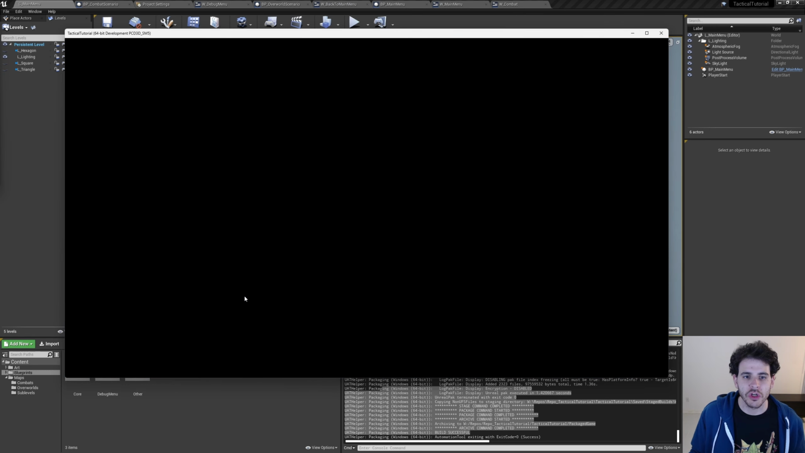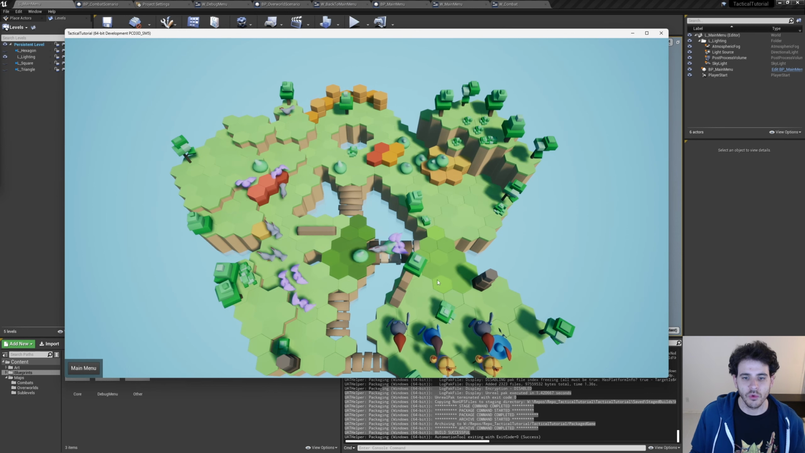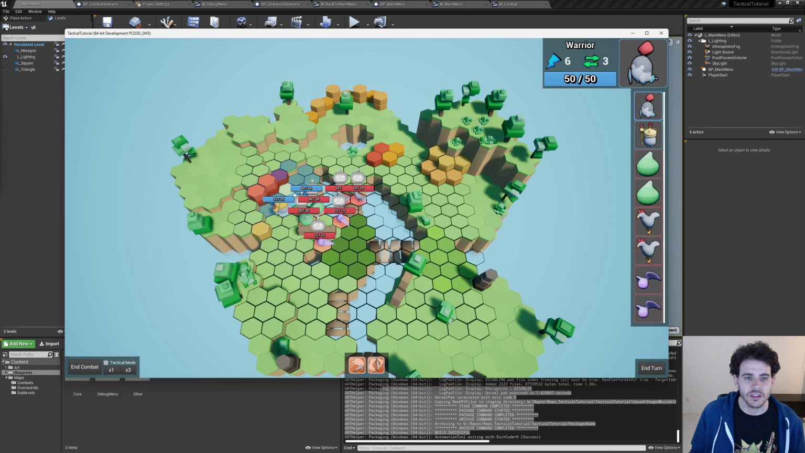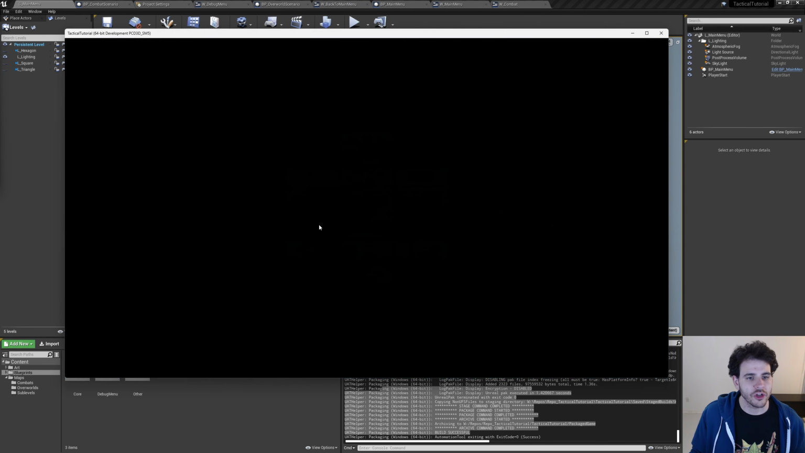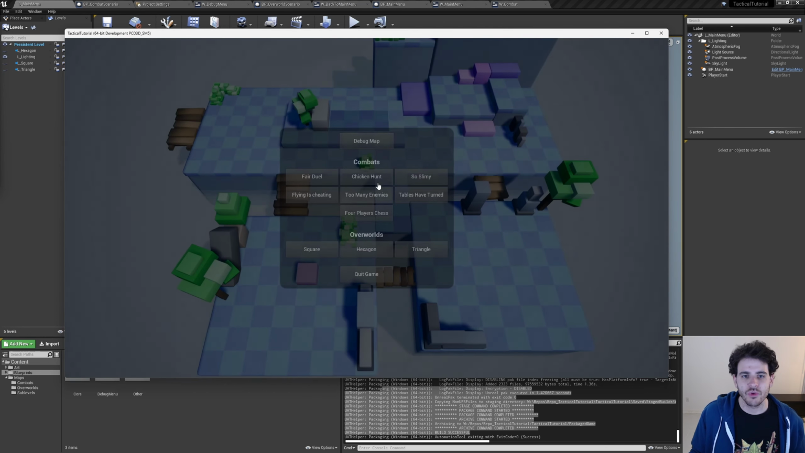Let's try the overworld now. So this is the overworld. I can move my units around. I can start a combat. I should be able to. Yes, it seems to work. I can move around, cast my spell and everything. That's good. And the combat. Perfect. Now I'm gonna go back in the main menu, and the last thing we have to test is the